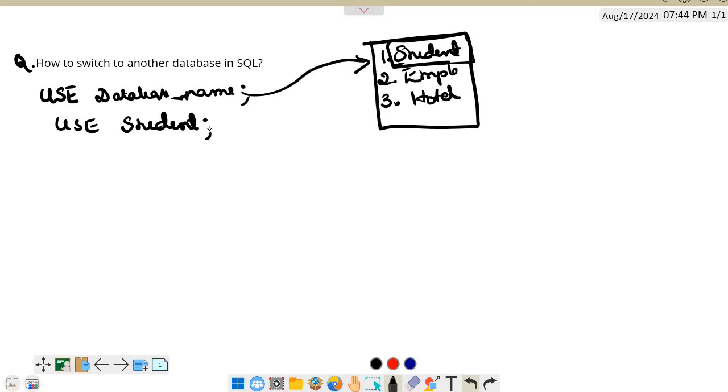So basically, what is the use of this USE command? The USE command in SQL means, basically, if you want to work with a specific database, for example, if I want to work with the hotel database, afterwards I want to work with the employee database. For that purpose, if I want to work with a specific database where I can perform further subqueries or the query operations, during that time, if you want to switch to the database, at that point we can use USE followed by a database name.